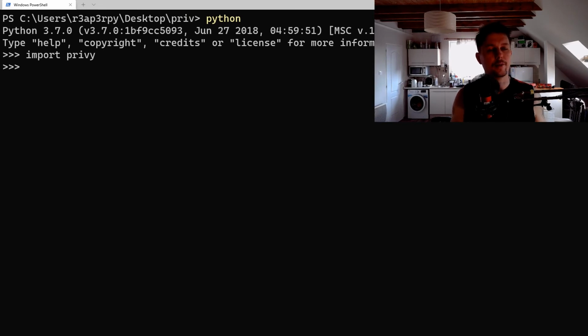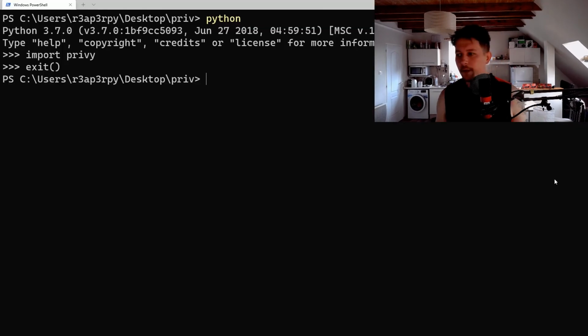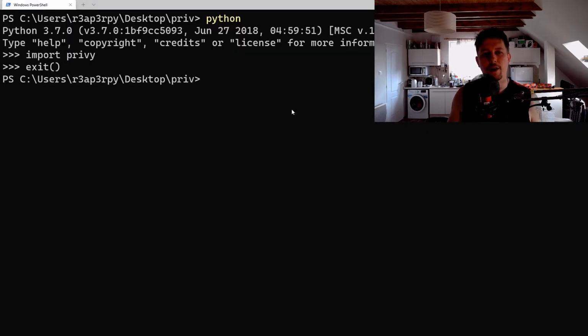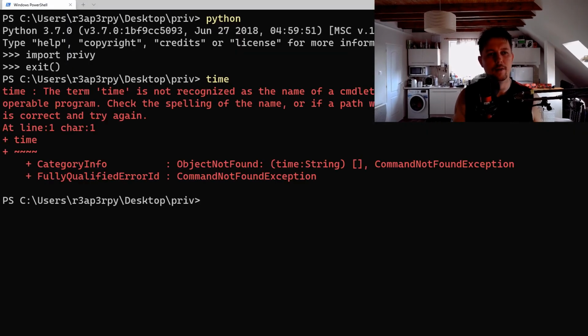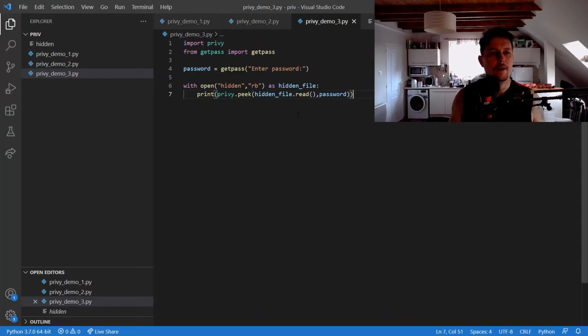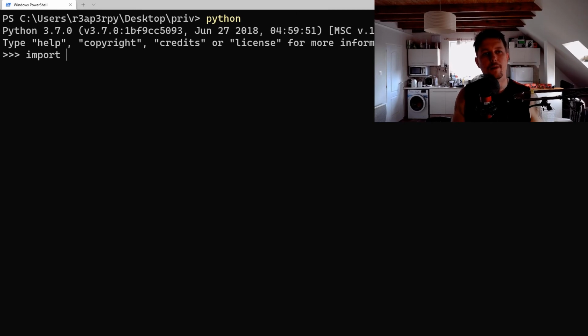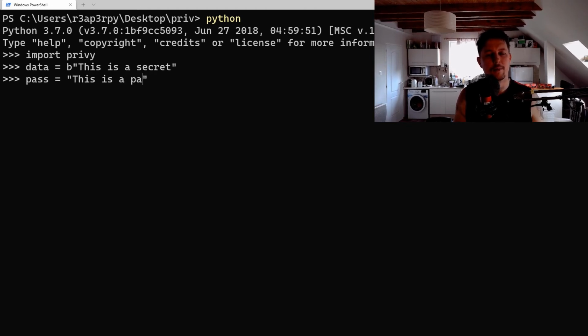So Python import privy. Let's do it on the console. So import privy, data is this is a secret, and the pass is going to be this is a password,